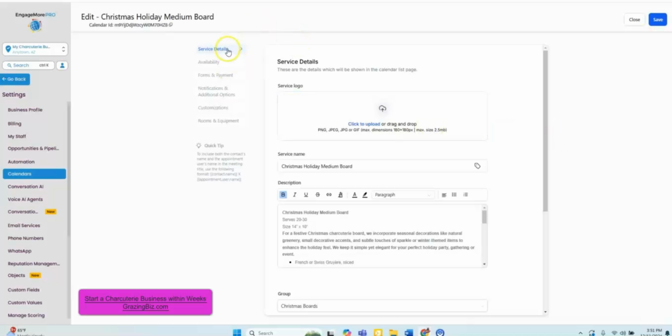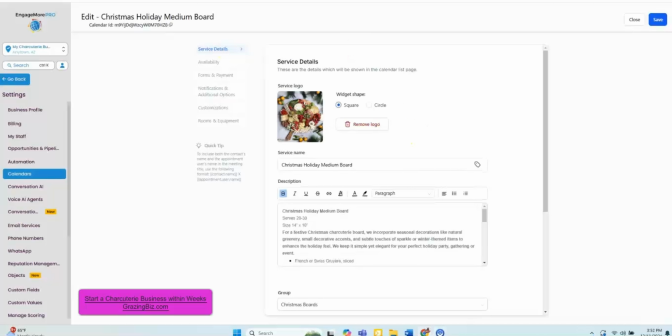So we have the service details here, and you can put in any information in here. If you want to upload a photo here, it needs to be basically square, 180 by 180. So let me go find one, and I'll put it in here. All right, so if you have something that depicts it as close as possible, great. If not, I would zero in really close, just get some close-ups of the ingredients. So when you finally do create a board for it, you can then take a picture of that